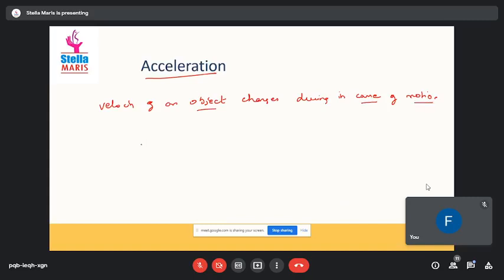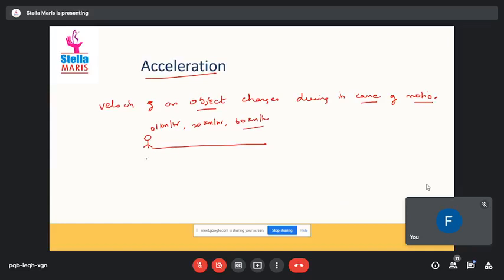For example, if you are riding a bike, you're traveling on a straight road. You're starting the bike at 0 meter per second, or else we can define it as 0 kilometer per hour. And after some time, you give an acceleration, then you go to 20 kilometer per hour. Then what happens after some time? If the road is free, there is no traffic, you'll further accelerate, you'll even go to